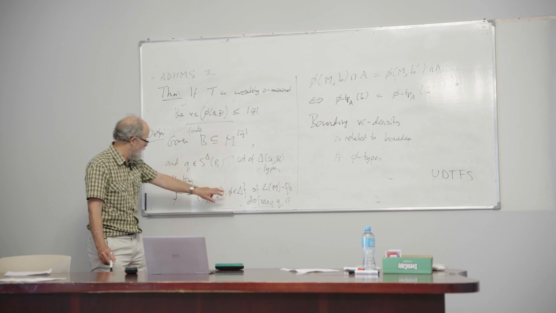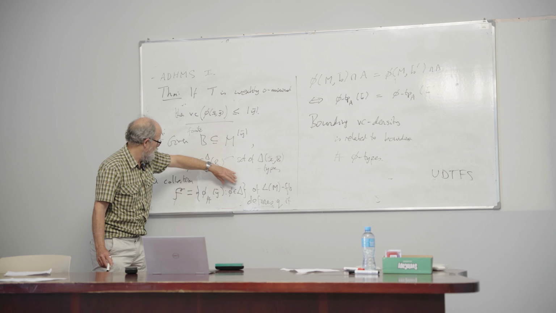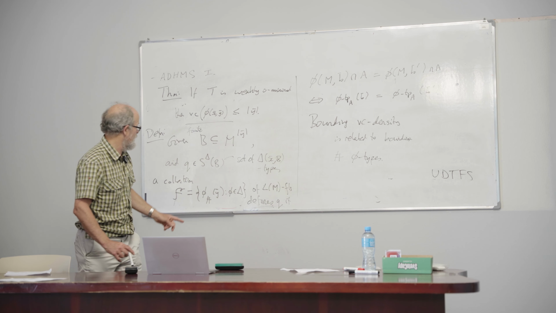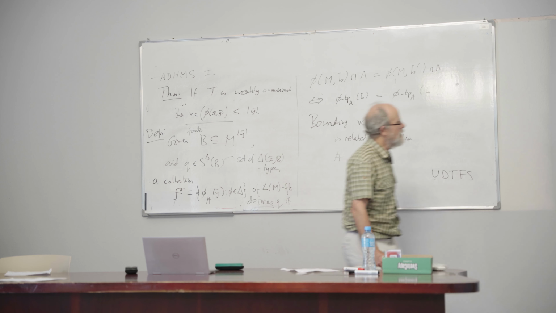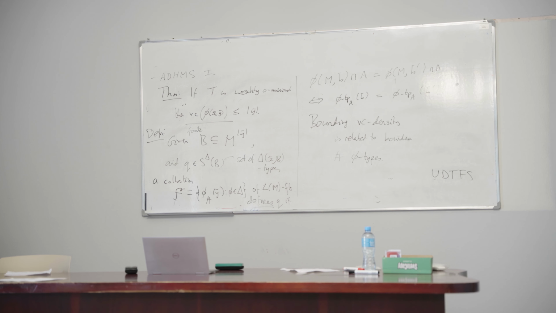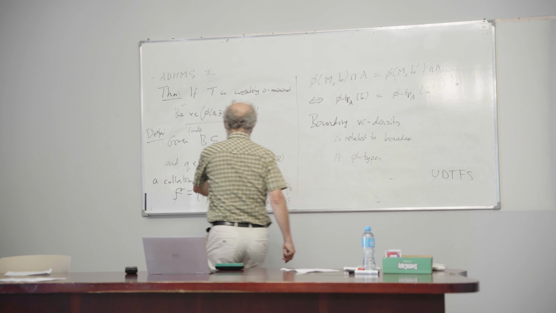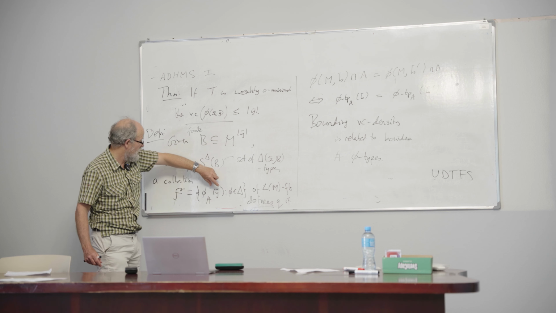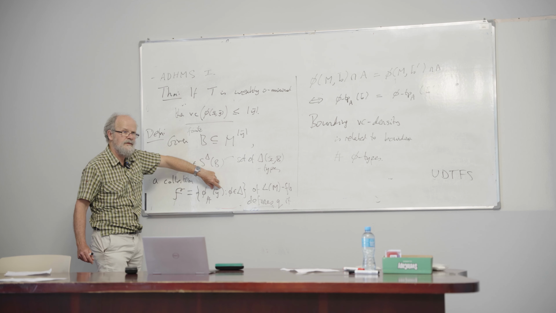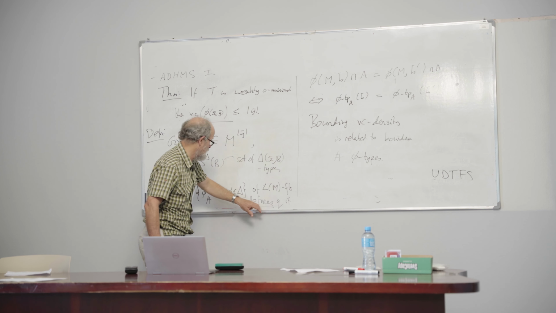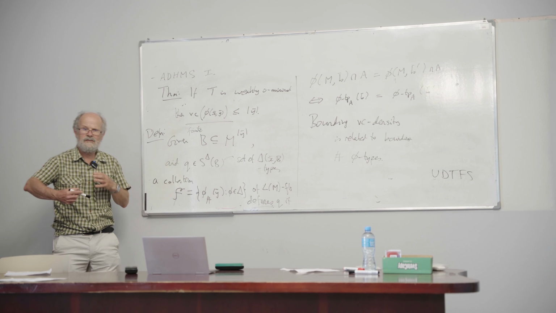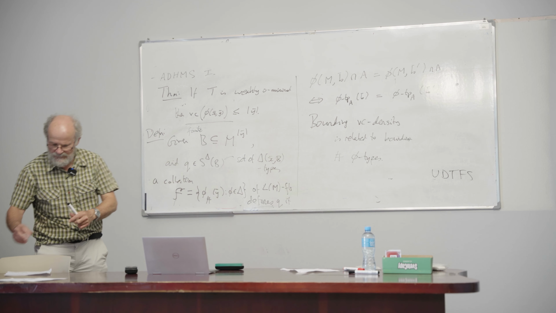For each formula phi in delta, formulas phi have variables x bar, y bar, but for each phi you have a corresponding formula phi sharp just in the y variables, with perhaps some parameters from M. It defines Q if